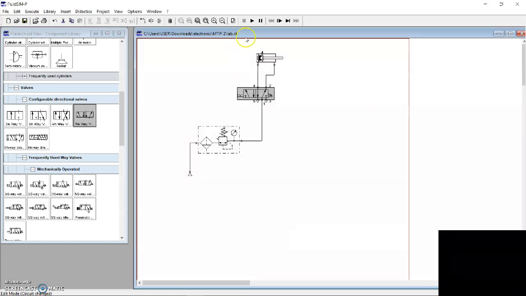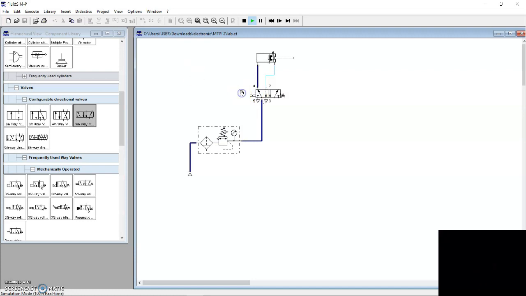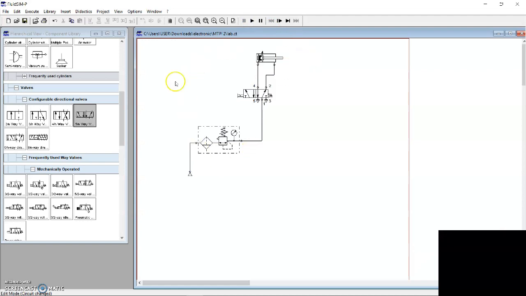Okay, and we run it. We try if the color is changed. We connected the circuit with success. So the circuit is changed. So we connected the circuit correctly. So that's all for table PL1.